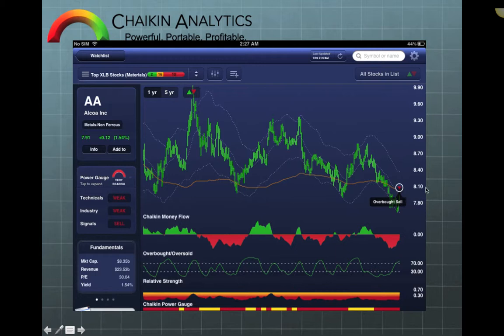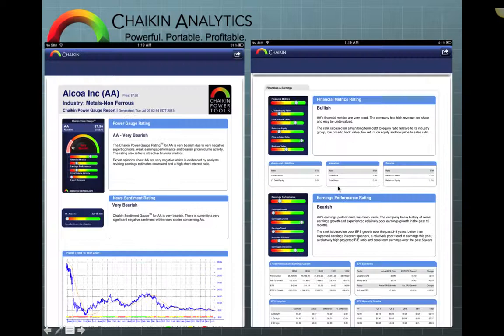Although for me, it won't be much wiggle room because I will need price to finish below $8 by August in order to win. One other thing that I wanted to share with you tonight, and that is Alcoa has, or any stock that you look at in Chaikin Analytics for iPad, you basically use it in landscape mode, but if you turn it into portrait mode and you're on a particular stock, what will load in is a deep